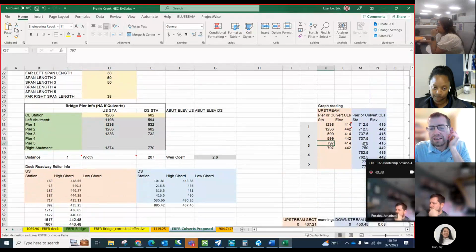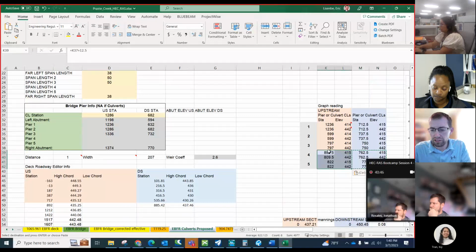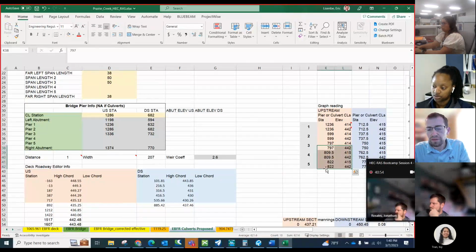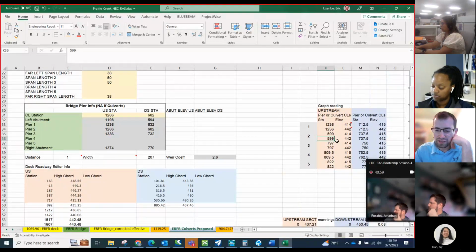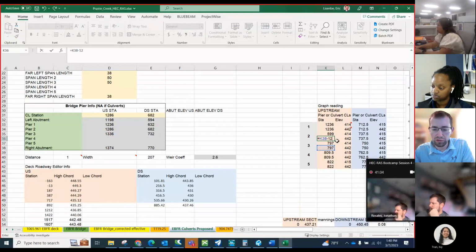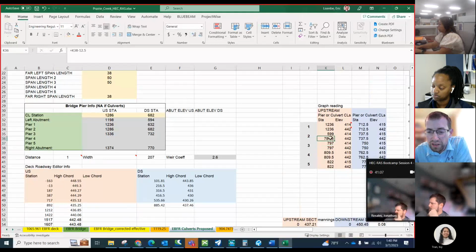Let's go ahead and copy these equations from the other side, and then it'll adjust based on the 797. I'll change my colors back. So let's just adjust this equation to be minus, we'll assume 12.5 between them. Then that should be able to be dragged up. So there. So my Excel